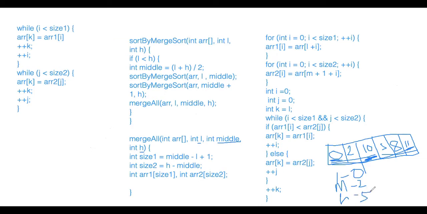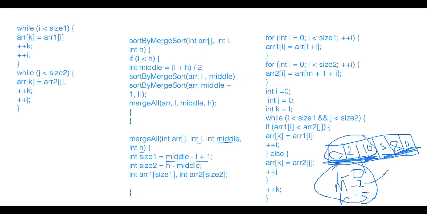So first of all, we will compute the size of these two sub-arrays. How will you compute it using these three pieces of information? What is the size of the first sub-array? 3. Middle minus low, I mean 2 minus 0, plus 1, 3. Exactly. Don't look at the formula; from here it looks like it has 3, right? And we have to create a formula to bring 3. So this can be the formula. And here similarly, how many elements do we have? We have 3 elements. How can we get this 3? High minus middle, 5 minus 2.